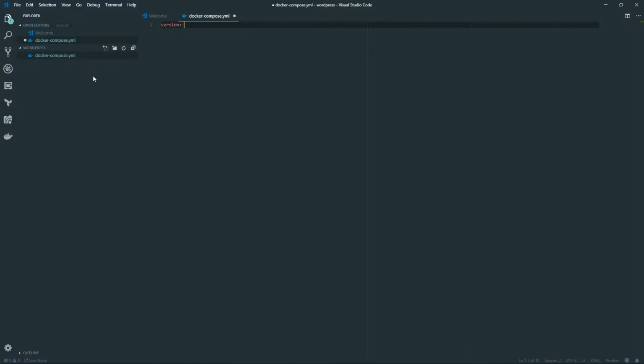Version 3.7, services. Let's call our WordPress container WP. Container name: WP. Image: WordPress 5.2,